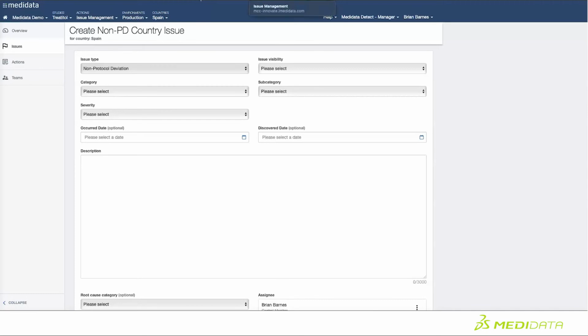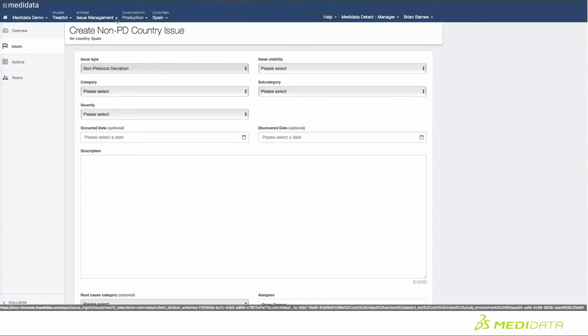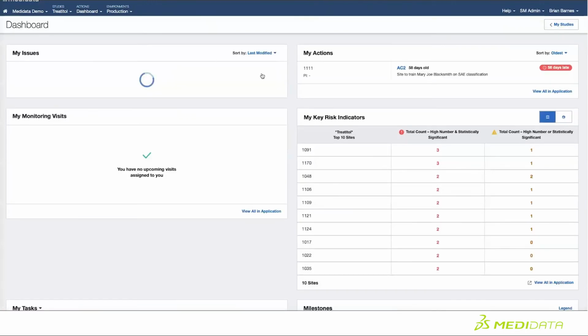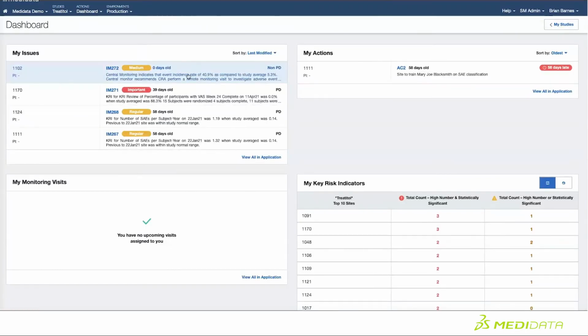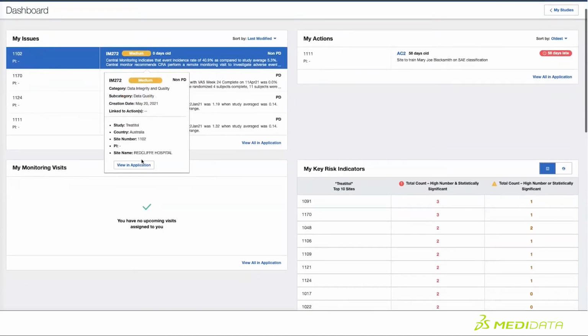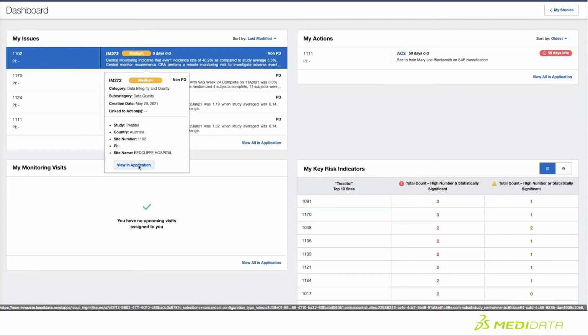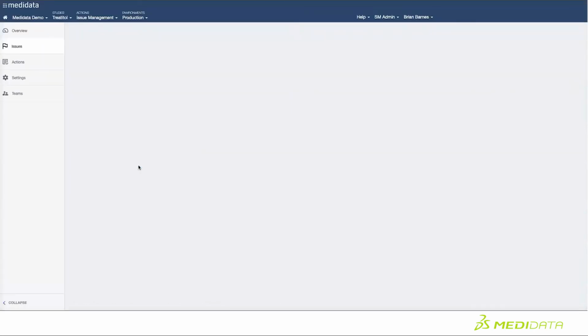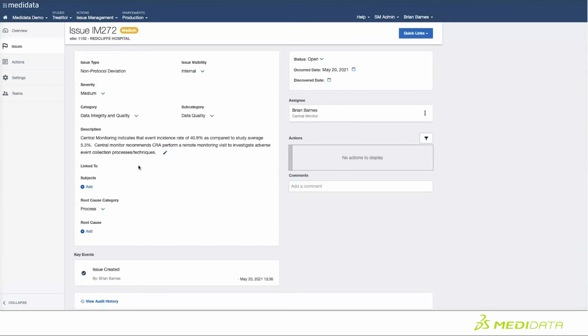I now have the opportunity to direct targeted actions by raising an issue that supports effective communication between the central monitor and that site level or country level CRA who may need to be investigating that issue. And then the CRA, again in the same environment, has access to a powerful dashboard to drive their on-site monitoring and data verification activities, informed by the risks we already set up and identified in risk management, and surfacing those issues that a central monitor may have uncovered during their data analysis, which again was informed by that same risk plan which identified the critical to quality factors.